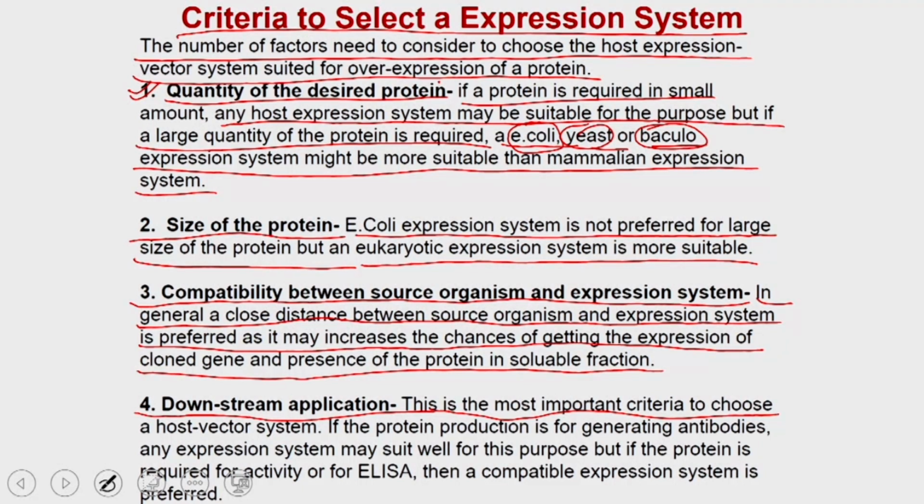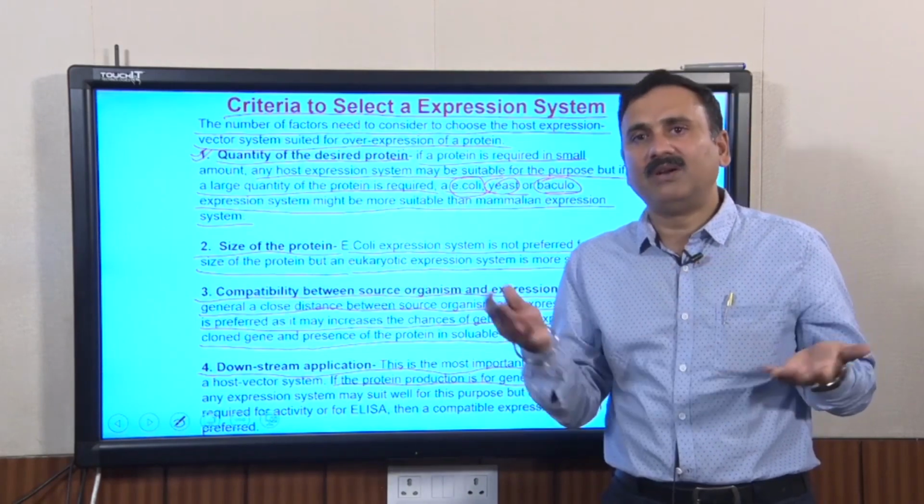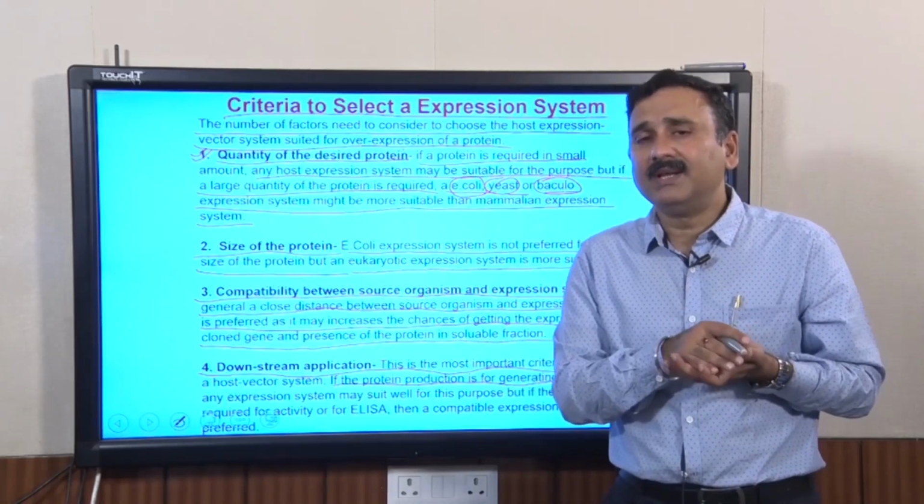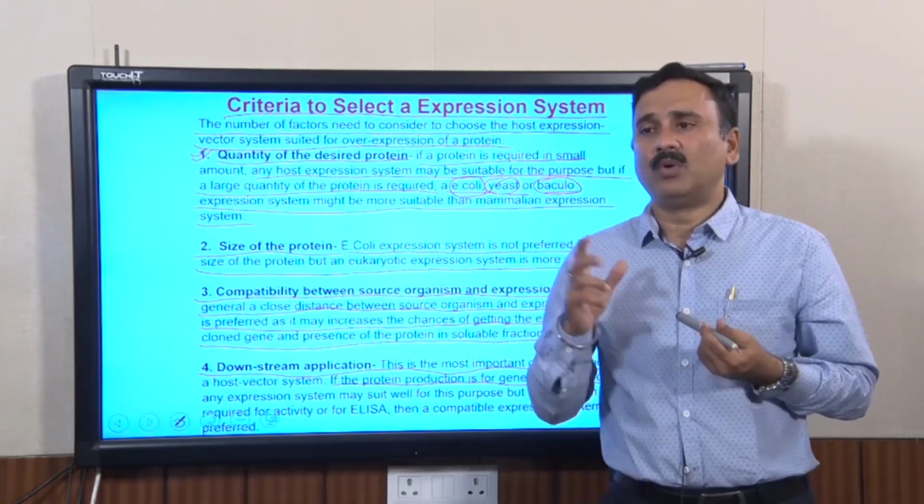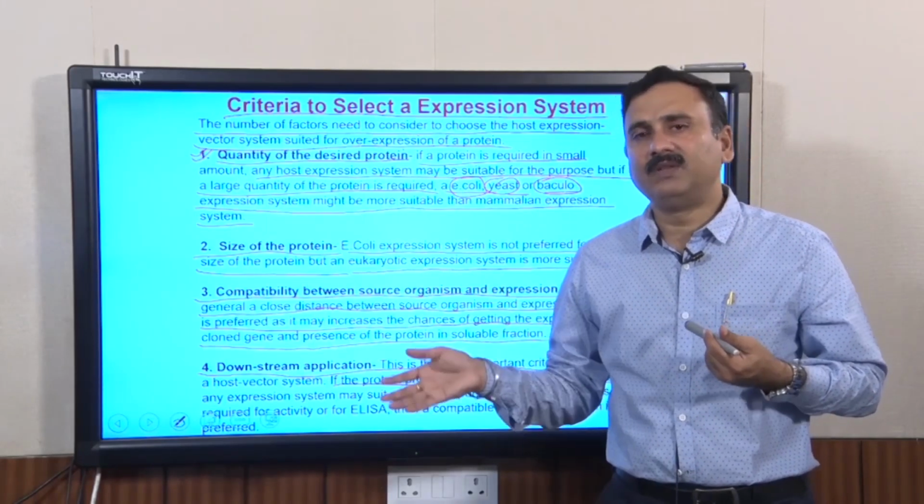For example, if the protein is produced only for generating antibodies, or you are simply using it as an antigen so that you can detect the antibodies from patient sera, which means you are using these proteins simply as an antigen to coat the wells and develop ELISA based detection kits. In those cases, it is immaterial whether the protein is active or inactive, because in either case,